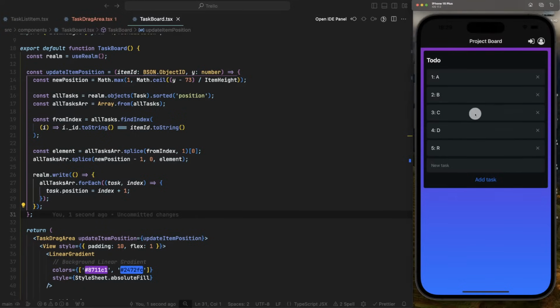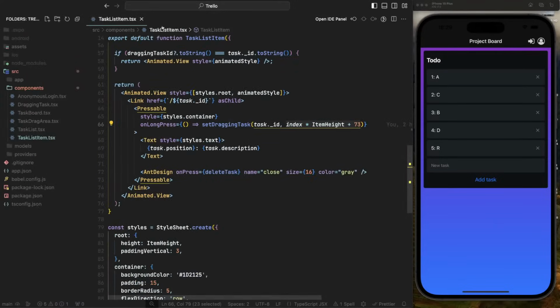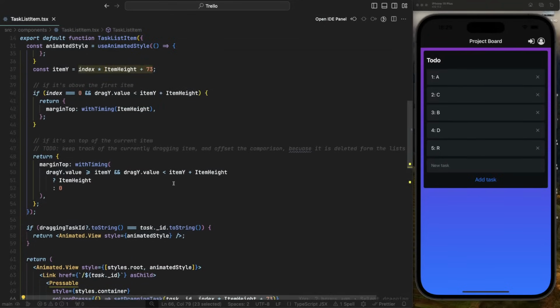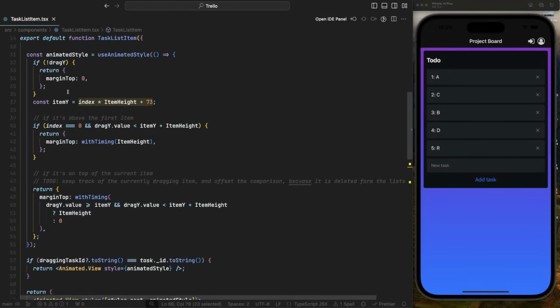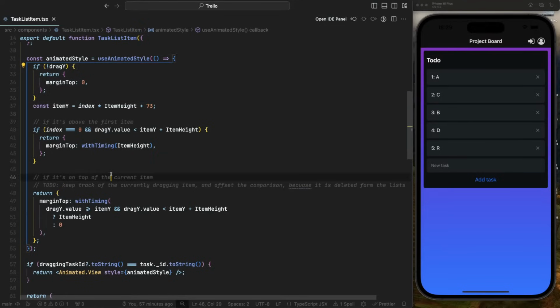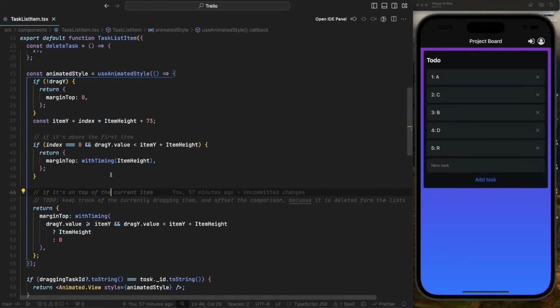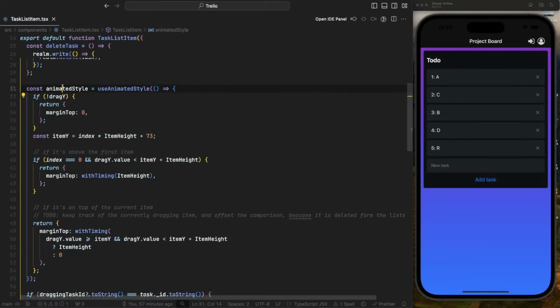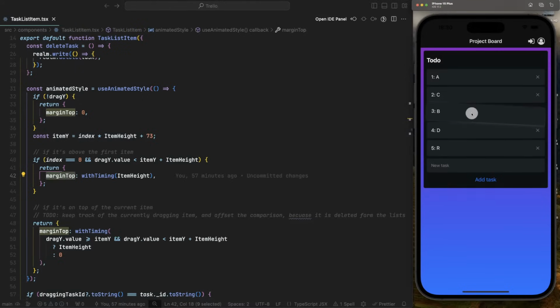Which one? Oh yeah, when I click and hold, when I click one item, the item below kind of shifts and moves and jumps for no reason. Why does that happen? That happens because, well, let's go in the task list item. What happens there is something happens. And it's something related to the margin top, because the items